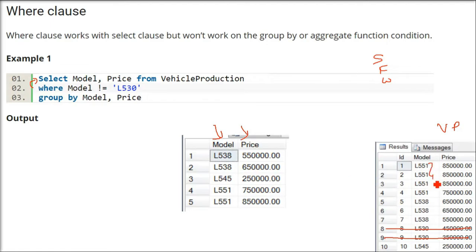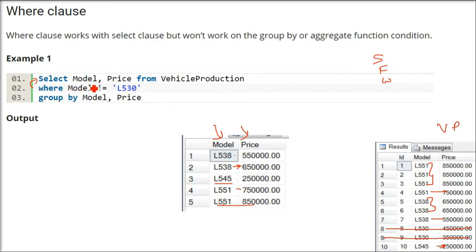So again L551, because 3 are repeated, only 1 will come. 538, because 2 are repeated, only 1 will come. Only one price will be shown. And L538, because the price is different, will also come. And L545, because it is just single, it will come. So basically duplicate similar things will be grouped. This is very important to understand in group by.